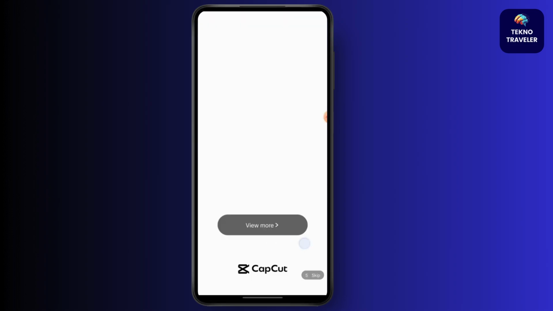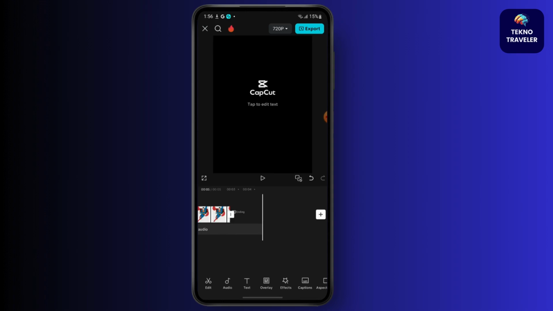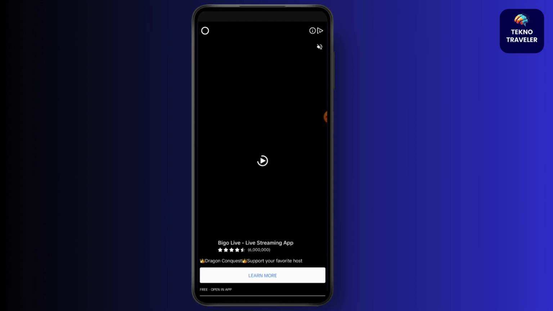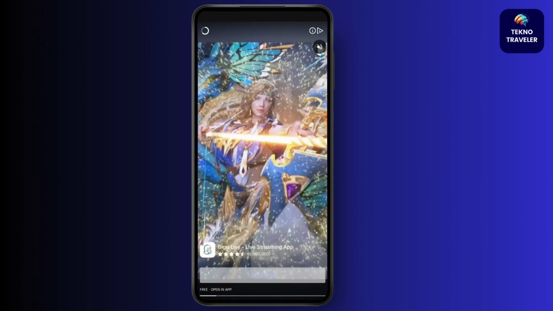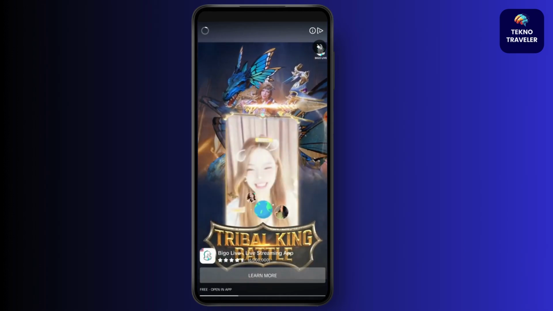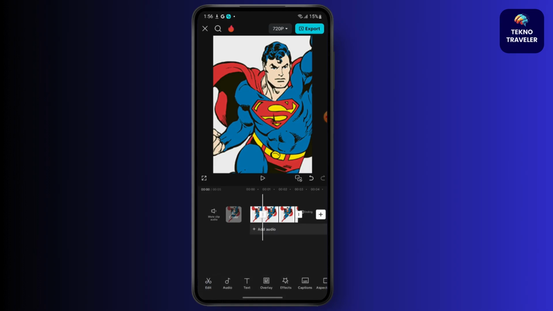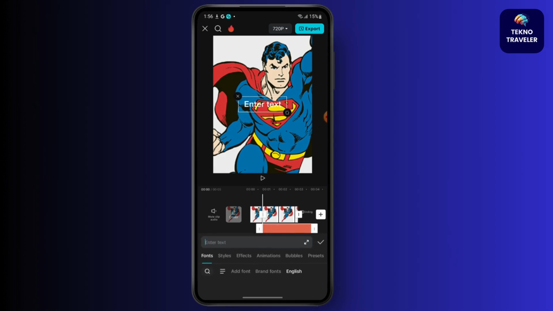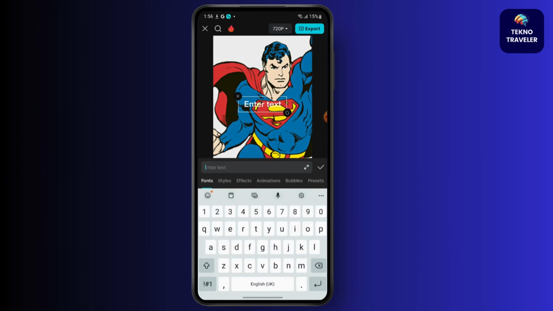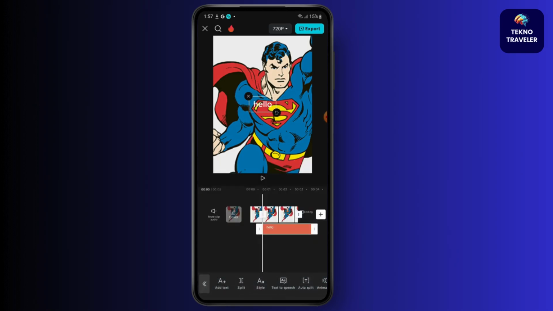Launch your CapCut application. And then skip the ads if you get any. Let me put a text over here, for example. Now as you can see, I have added a text, and now